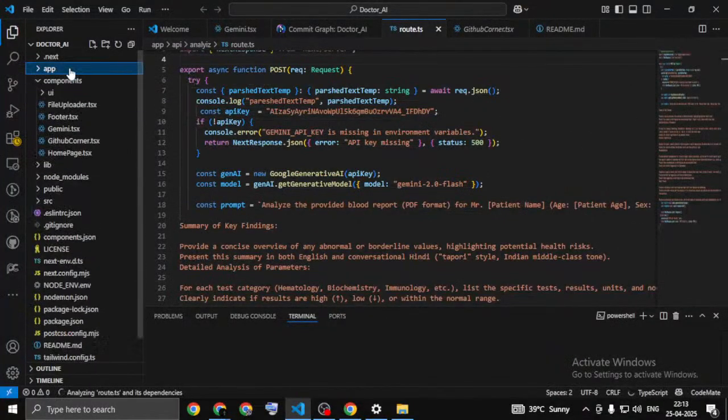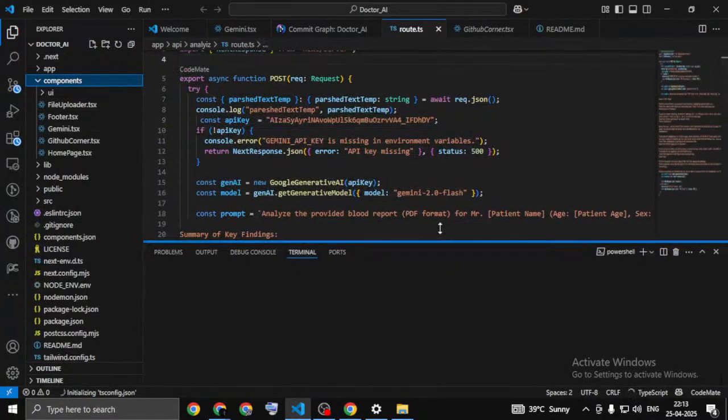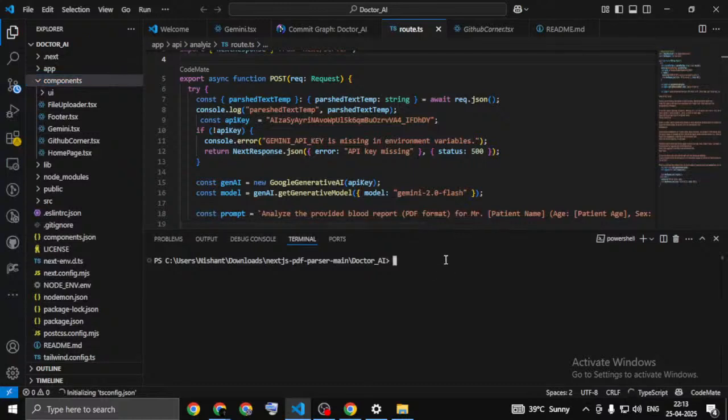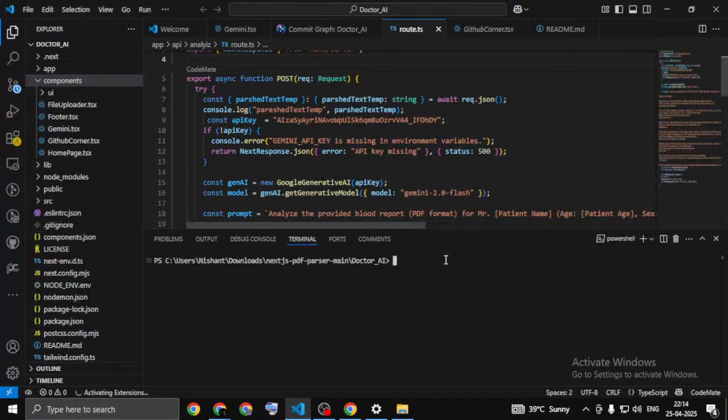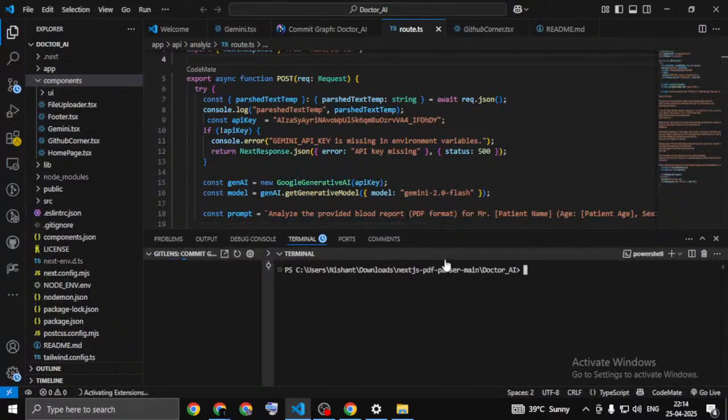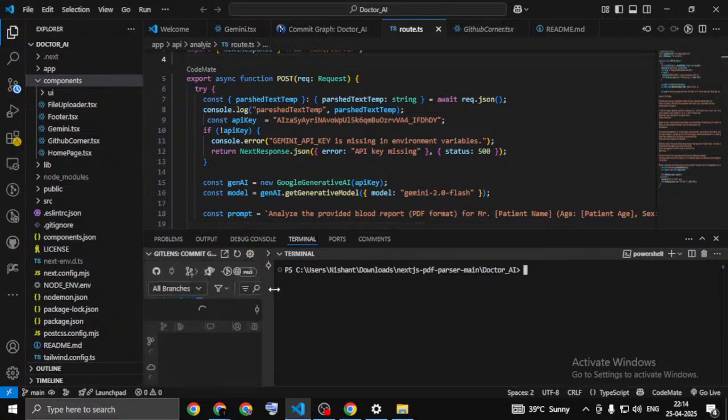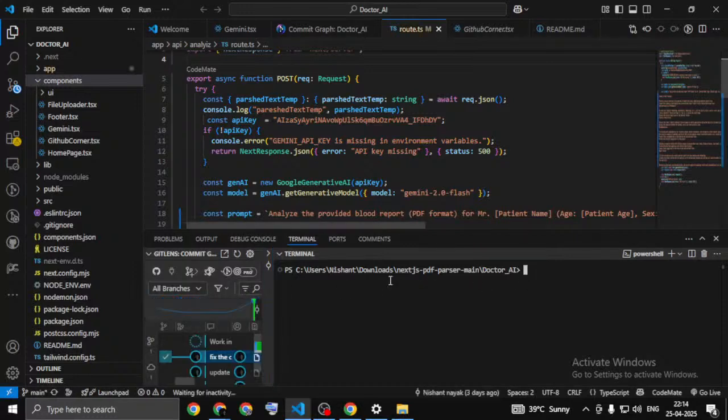So this model has two major functions. You have PDF parsing. When you upload a PDF to my Next.js application, it parses the PDF using a PDF to JSON library, and then the parsed data is sent to the Gemini generative AI API to analyze the blood report. When it analyzes the report, it sends back the analysis report to my Next.js app, and I'm going to show that analysis